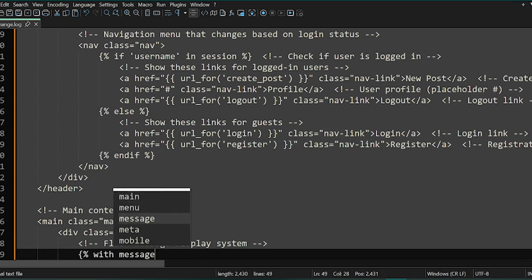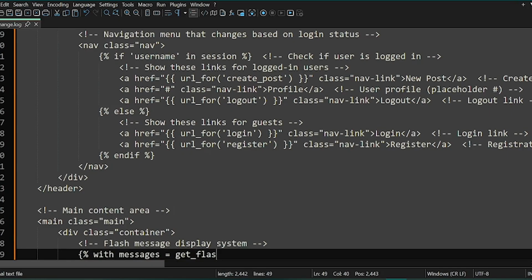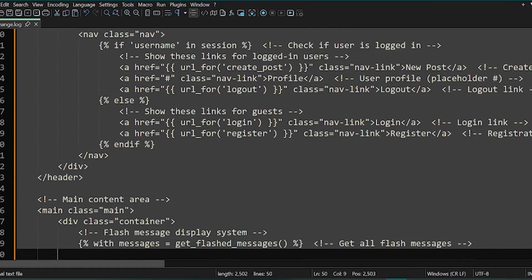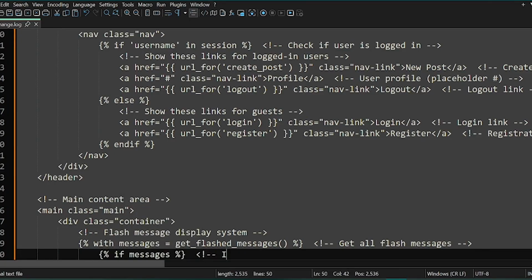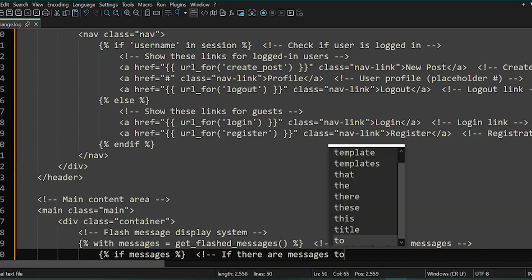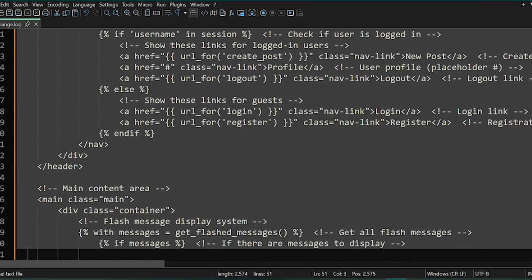And so percentage, we want to flash the message, display the system with message equal to get flashed messages. So this one will get all the flashed messages. And so if messages, this means that if there are messages to be displayed, then